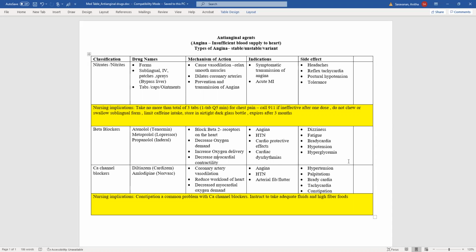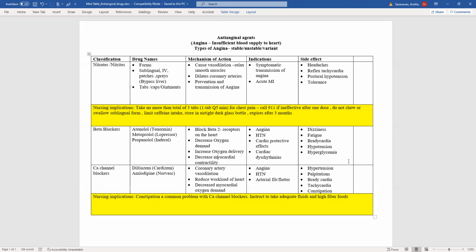So if you think of a person having chest pain, severe crushing mid-sternal pain that might be radiating to the jaw or the left shoulder in men, compared to women who might have very specific pain, for example, GI like symptoms or back pain or left foot pain, there's a need to open up the cardiac artery. So nitrates are useful to open up this, and they're available in many forms: sublingual, patches, and sprays,